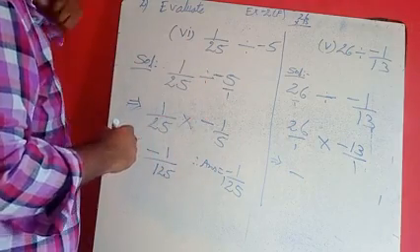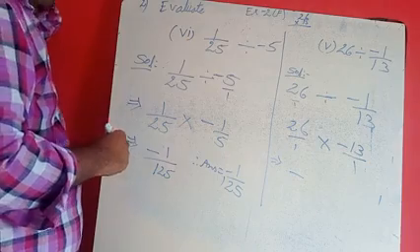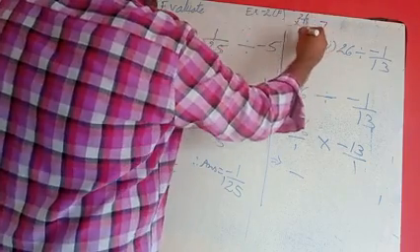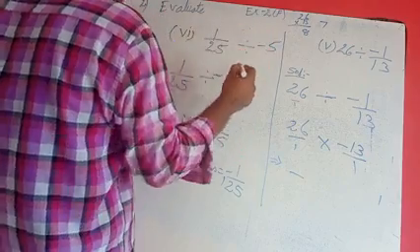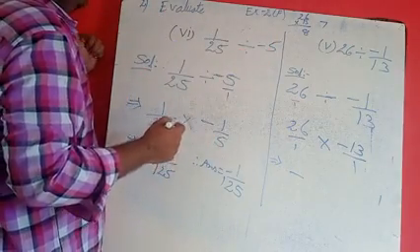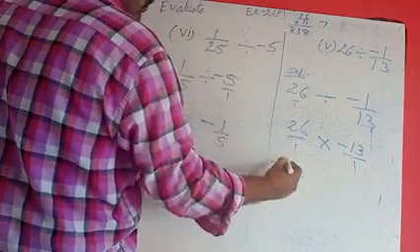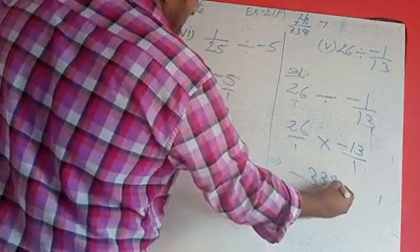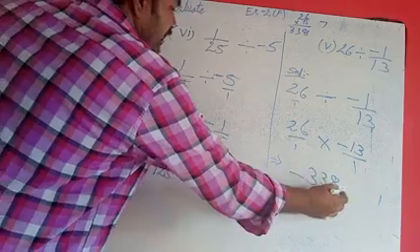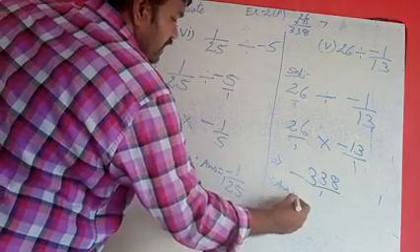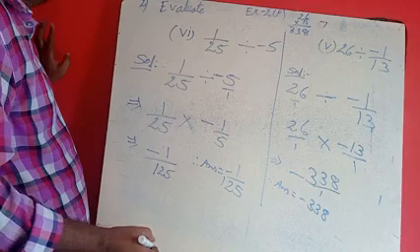13 ones are 13, 13 twos are 26, 13 threes are 39, 13 fours, like that, multiply that once. 3 sixes are 18... write 7 here. 13 twos 26. 26 plus 7, 26, 27, 28, 29, 30, 31, 32, 33. Like that we have to add, 26 plus 7 is 33. Now the answer is minus 338. Denominator is having 1. Therefore answer is minus 338. So this is about the division form.